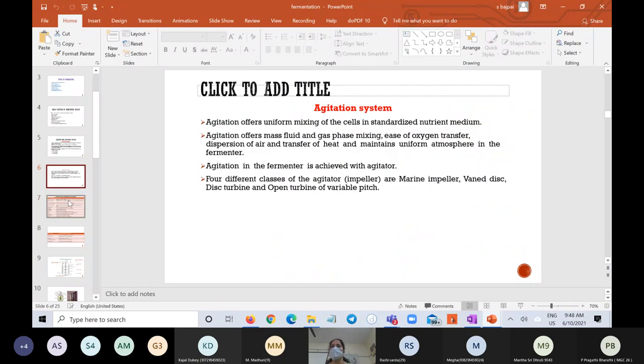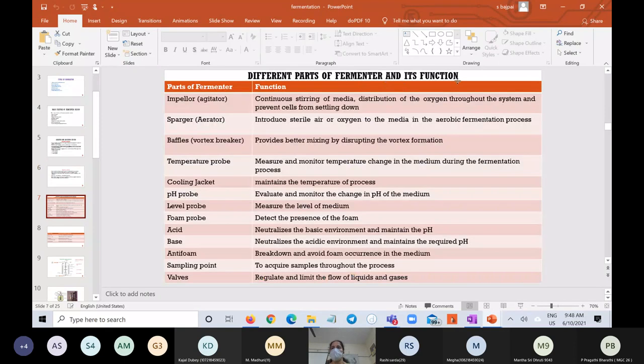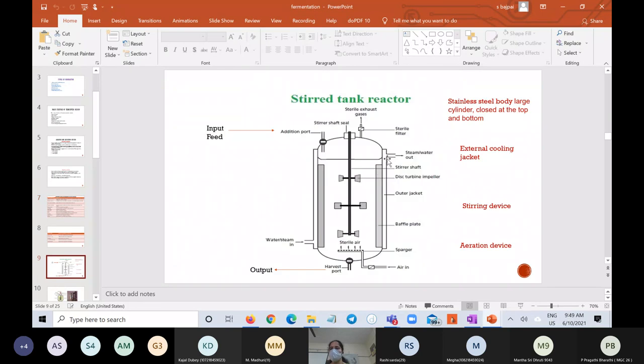Now, what are the different parts of the fermenter and their functions? These are the same points: impeller or agitator, sparger, baffles. Baffles we have seen here. These are the side supports. And one more thing they do: when foam is formed, there is so much froth during the formation, and these plates will cut the foam. If a large piece of foam is there, they will cut it into small pieces, so the reaction will be easier. So these are the baffles.